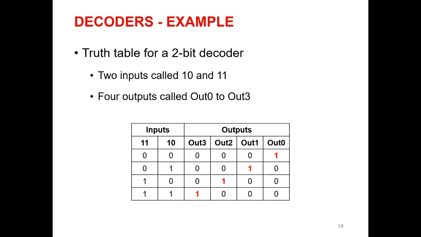If the input is 0, 0, only output 0 will be activated. If the input is 0, 1, only output 1 will be activated. If the input is 1, 0, only output 2 will be activated. And if the input is 1, 1, only output 3 would be activated. Okay, going back to the